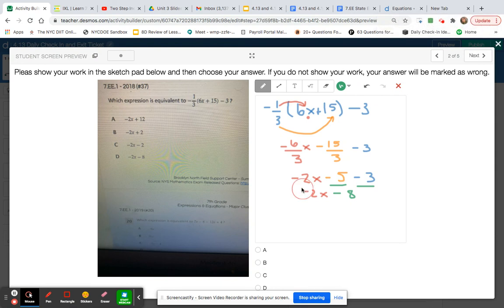Okay, so my final answer here is negative 2x minus 8. So my answer choice here is choice